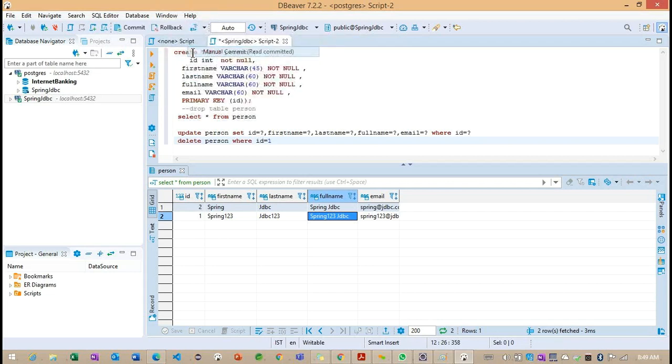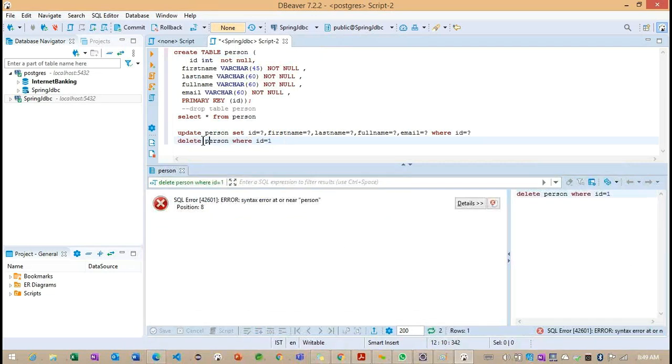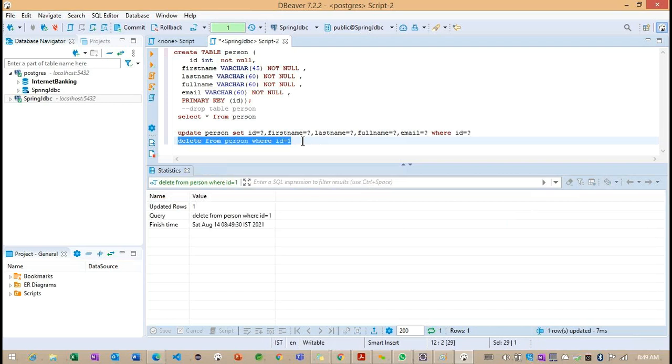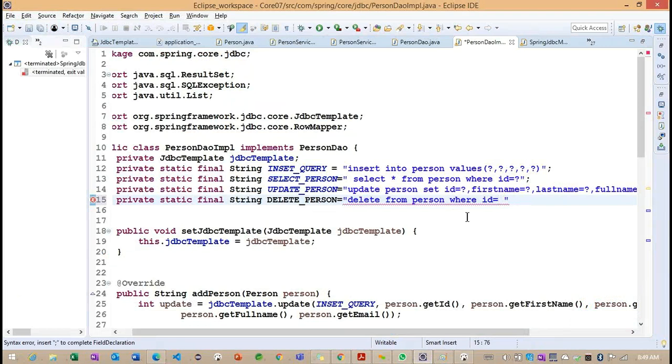I don't want to make an auto commit here. And we can make a question mark.